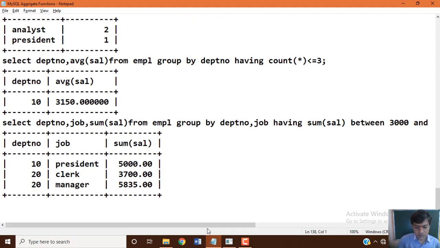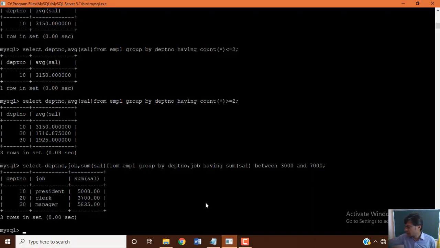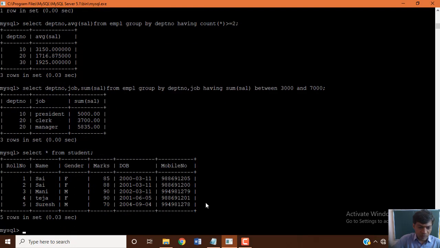Okay, now we come to know the way we can work with these aggregate functions. So I think now it's clear how we can make use of aggregate functions with any table. Okay, now let's see, for example, the student table, we will get back the result data. Let's see a query which you can work with.